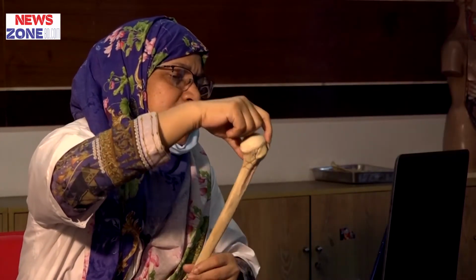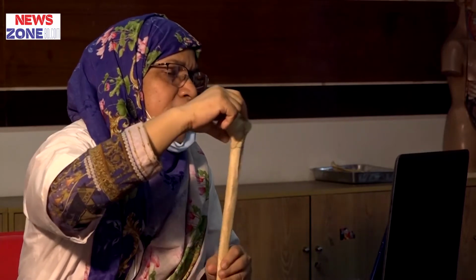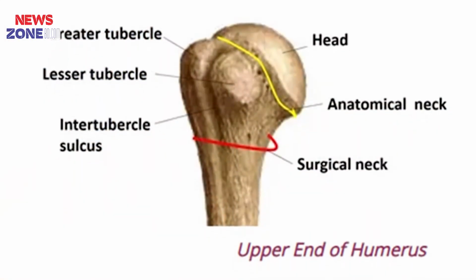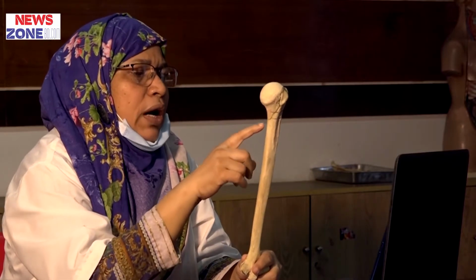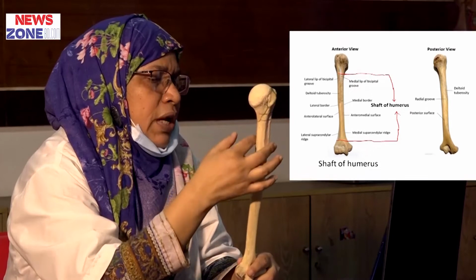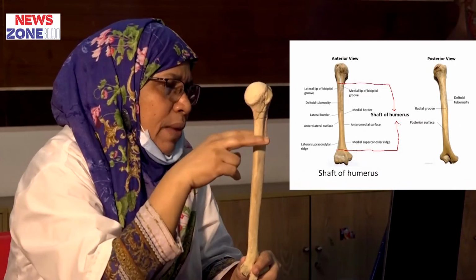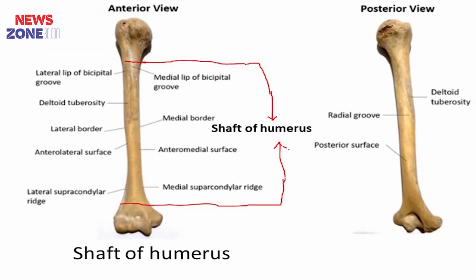So three muscle attachments, the smooth area is present on the greater tubercle, but on the lesser tubercle there is the attachment of the subscapularis. Okay, from above to downwards, the shape of the shaft is cylindrical to triangular. In the upper end it is almost cylindrical, and in the lower end it is about triangular.